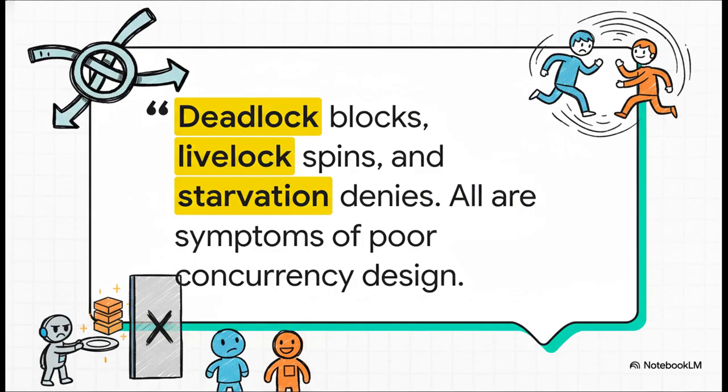So let's wrap this all up with this one key idea. Deadlock blocks, livelock spins, and starvation denies. All three of them are simply symptoms of a poor concurrency design. They aren't just abstract academic problems. They are real-world failures that you can and should prevent. And by understanding their causes and applying the right strategies, you can build applications that are robust, efficient, and